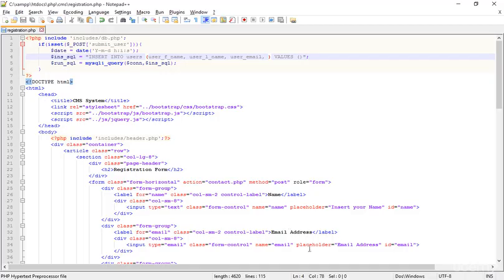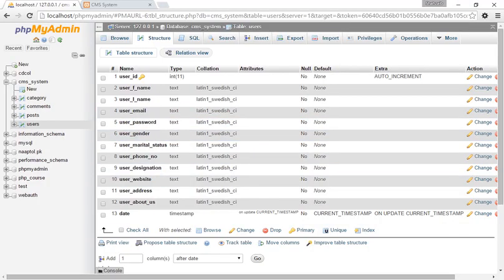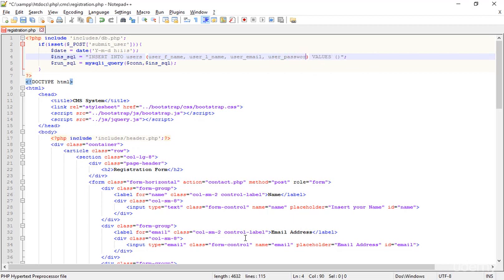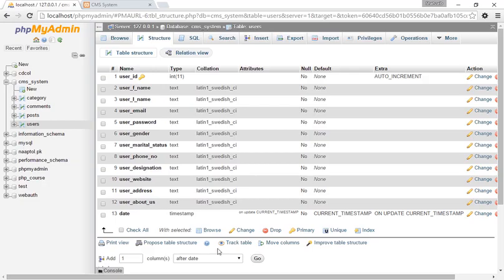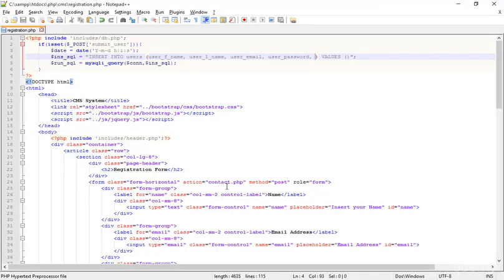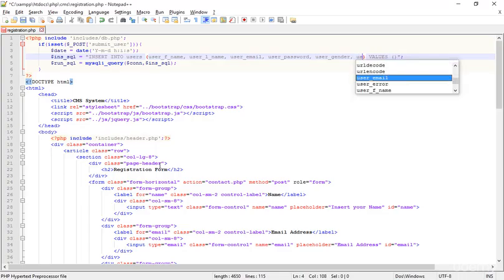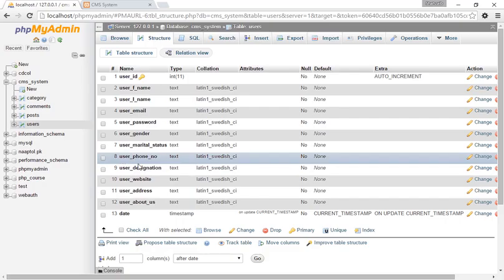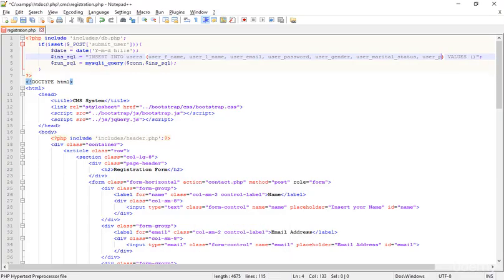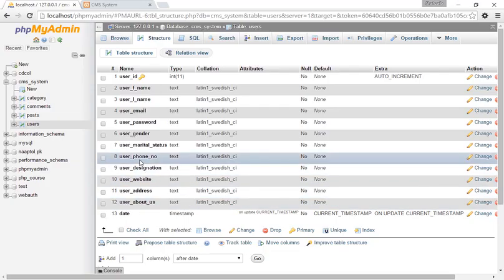and another comma, and then after the user email, the user password, another comma and press space, and then the user gender. Okay, user gender. Then press another space and mention the user marital status. Here I just mentioned that, and press another comma, and then after the user marital status there is user phone number, user phone no,